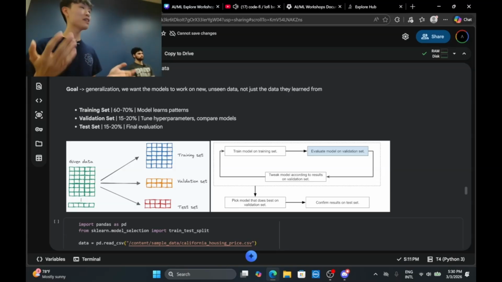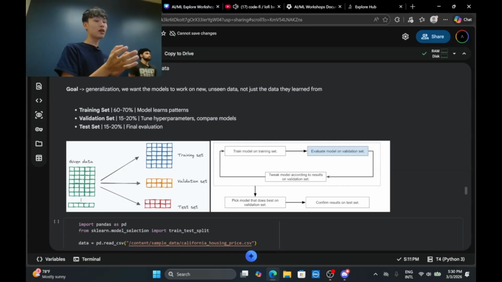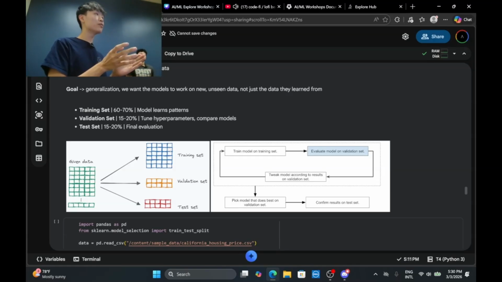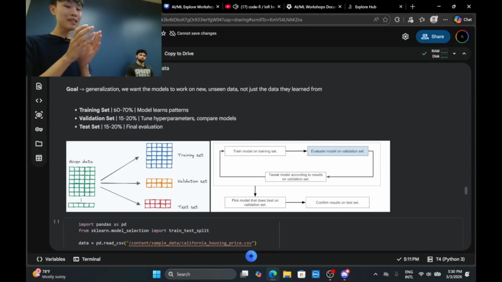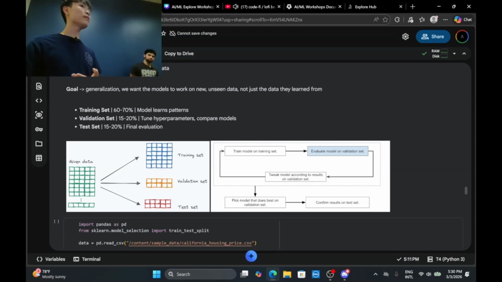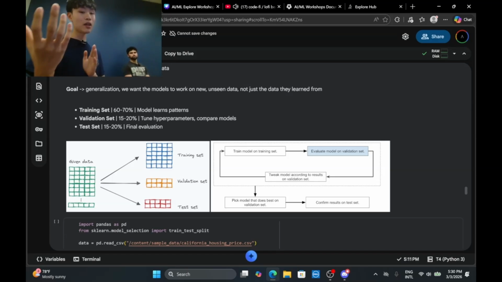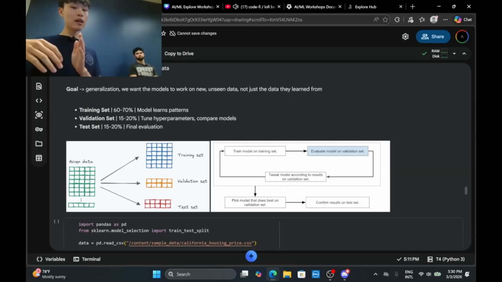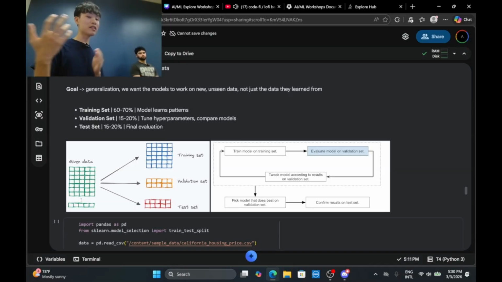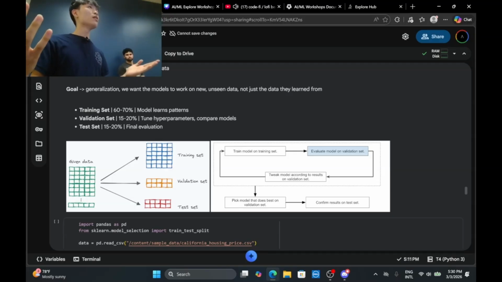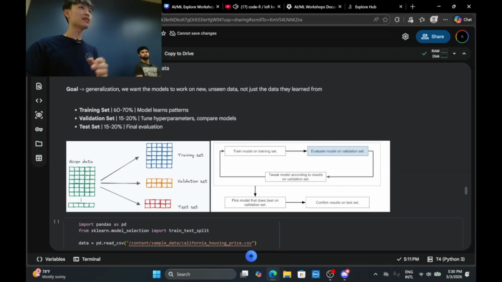So that's why we have the validation set. We train the model on the training data set, and then we validate the model on the validation set. After that, we see the model performance. Let's say it's not too good, we come back and fine tune it, and after that we validate it on the validation set. We keep doing that loop until we say, oh, the model has a decent accuracy. We go ahead and then test it on the testing data set.